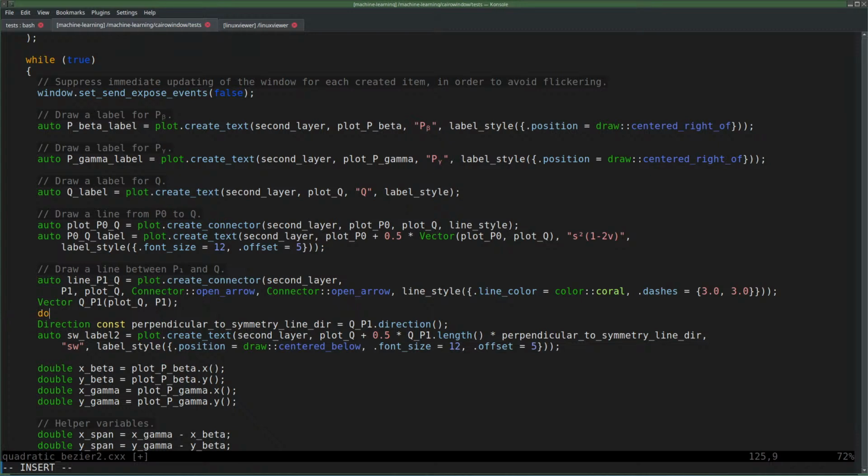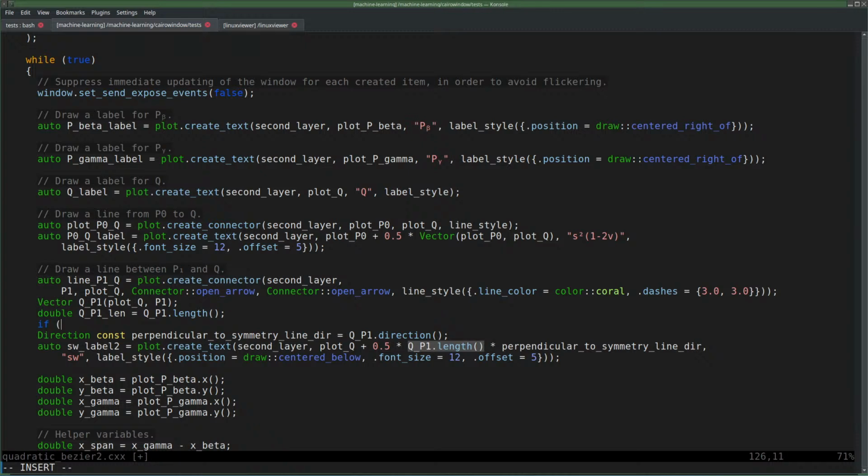It's a bit involved. Nah, this is nonsense. I should be able to get the symmetry line direction, even if Q equals P1, shouldn't I? I'll finish this though, but